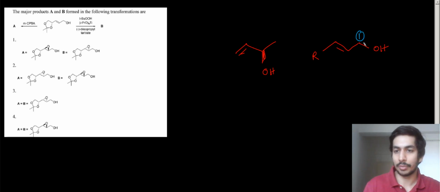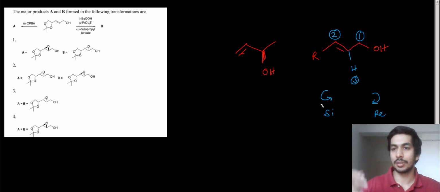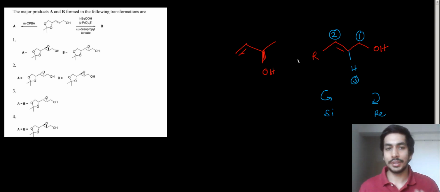This is priority number 1 because it is attached to OH. This carbon over here will be priority number 2, okay, and then this hydrogen over here will be priority number 3, right? So what is this face? This is going anticlockwise, right? So this is Si face. If it was going clockwise, then it would have been Re face. So that means above the plane, that means from where you are viewing, if you're watching it on a screen, where you are watching it from, that is the Si face, right? So where you are sitting is the Si face. That means above the plane is the Si face.